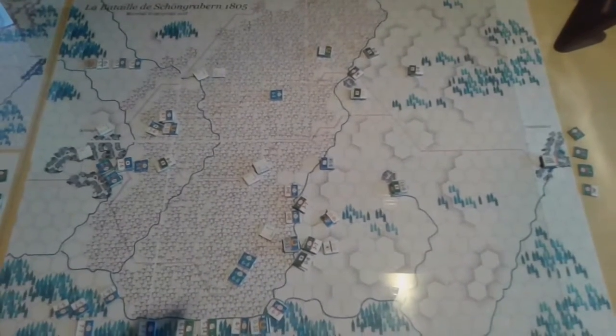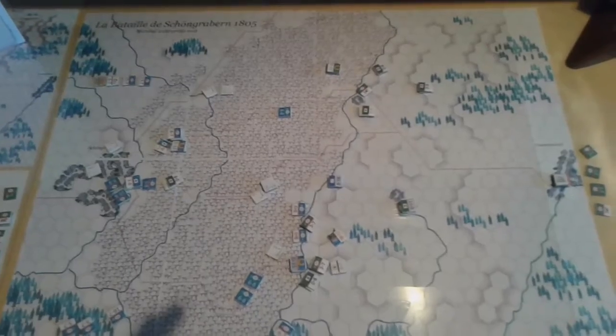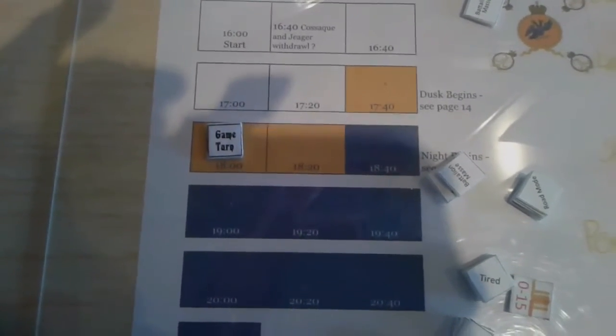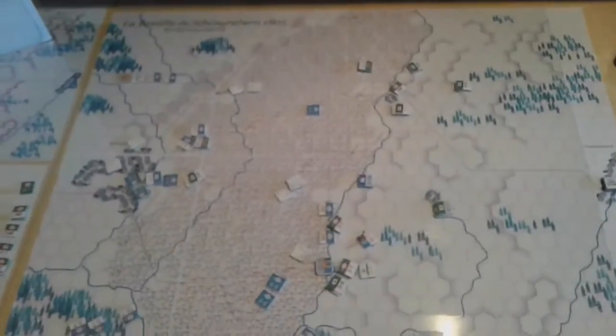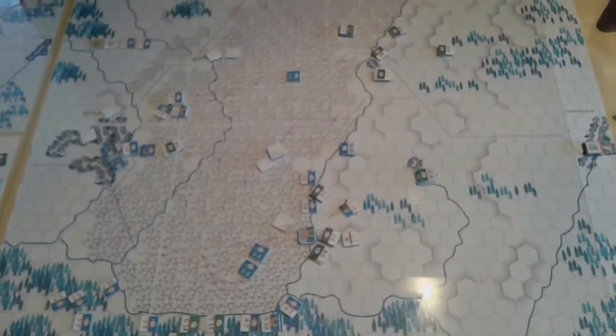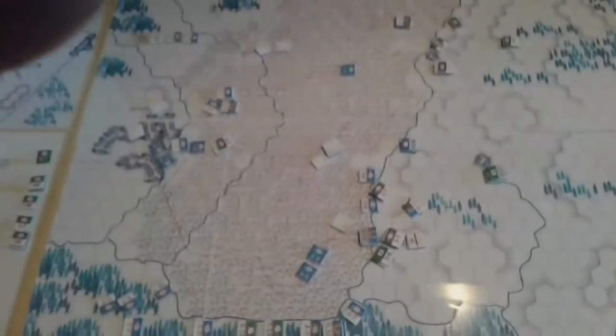Update here on La Bataille de Schongrabern 1805. I haven't been able to play a bit, but we're now on the 1600 turn. So 1800 turn. So that's 6 o'clock in the evening, and dusk has started, which means essentially that the artillery have a reduced range, and it's a bit hard for you to see, I think, the counters against